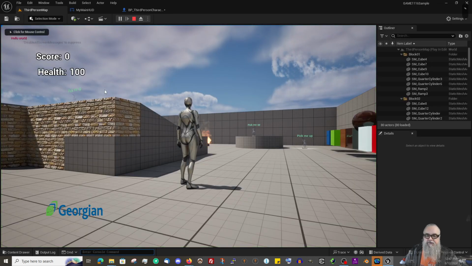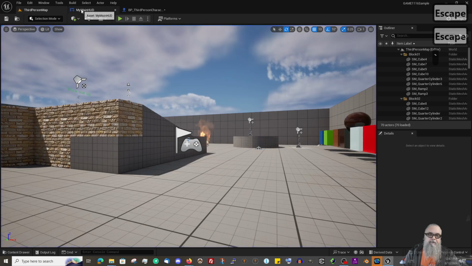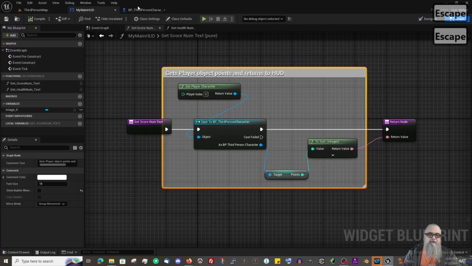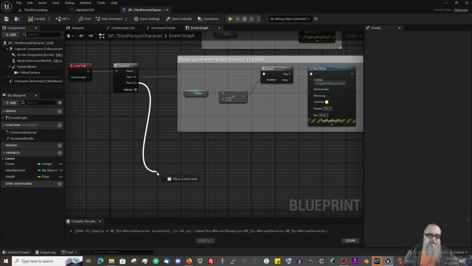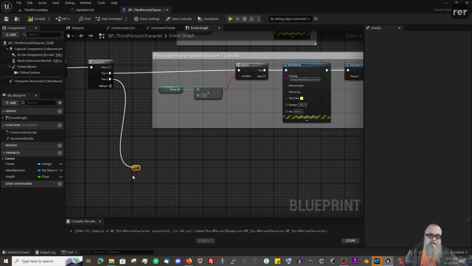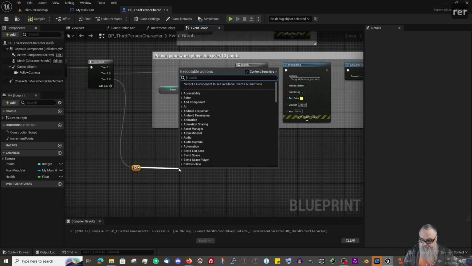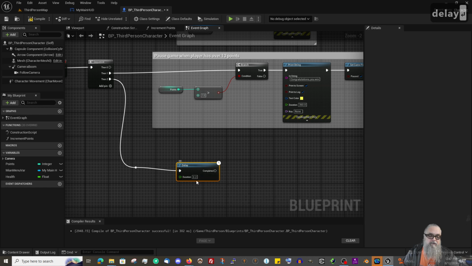So let's actually have something affect the player health now. And let's do that based on time. So in the third person character, we're just going to come down here off the event tick. We'll add a reroute node here. And we're going to start with a 10-second delay. So for 10 seconds,